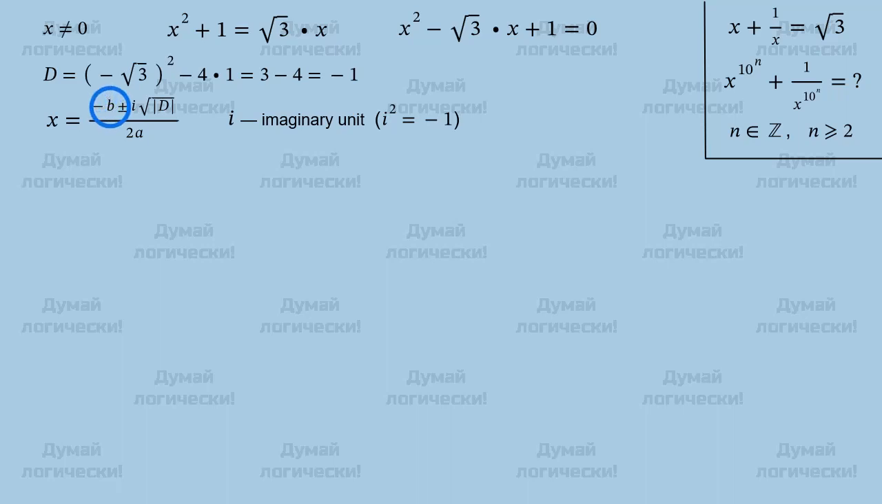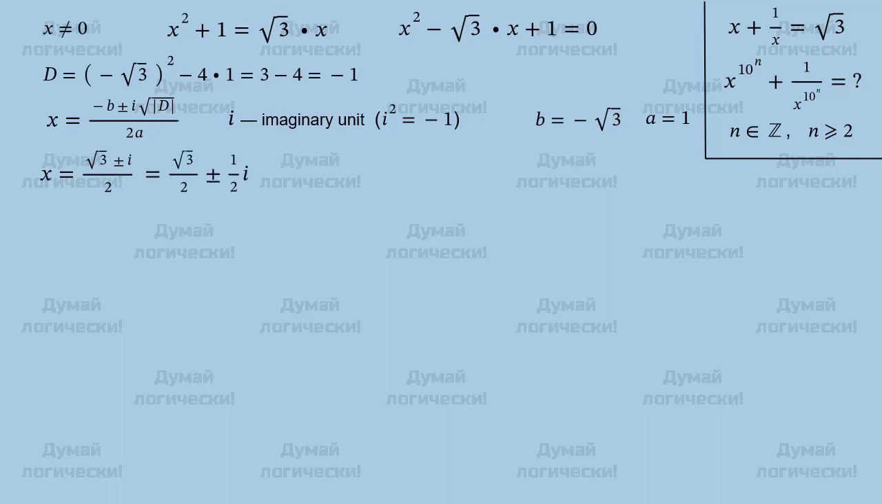b is the coefficient for x, in our case it is negative square root of 3, but minus b in the formula is just square root of 3. Letter a stands for the coefficient of x squared, which is 1. Also, the absolute value of the discriminant is 1. So the square root of it is of course also 1. Thus we get x equals square root of 3 plus minus i, all divided by 2,